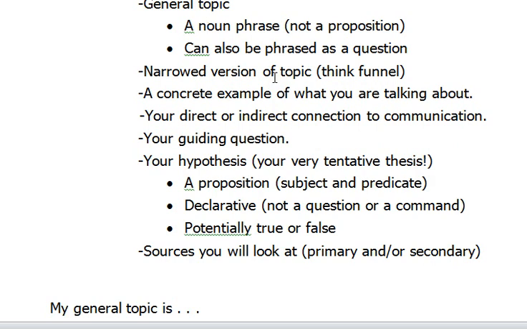So for this student that's working on shyness, it might go something like, my general topic is shyness. Specifically, I want to look at shyness in American toddlers. So there you go. That's a more focused approach, and I would really call that your topic, because that's really what you're going to be focusing on in the paper. And it could be even more narrow if you wish: shyness in toddlers while they participate in public events. So you go from the general topic to the specific topic.